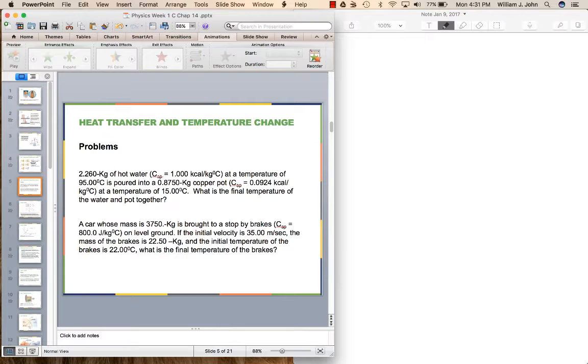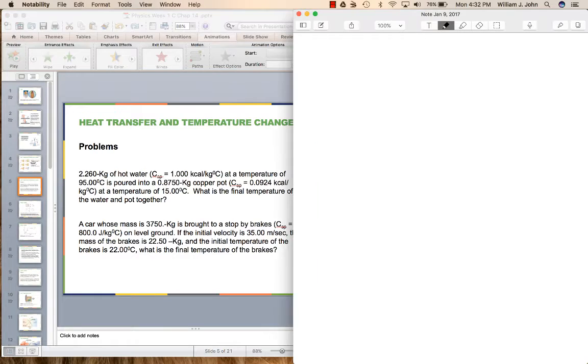The copper pot weighs 0.875 kilograms. Its specific heat is given here, and the temperature is 15 degrees. So the question is, what is the final temperature of the water in the pot together? So the way to look at this is that the heat, Q, of the water, the heat the water loses, has to be equal to the heat that the pot gains. Okay, so that's what we've got right here,